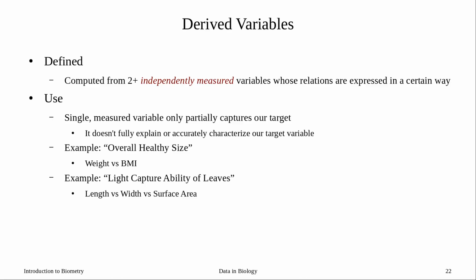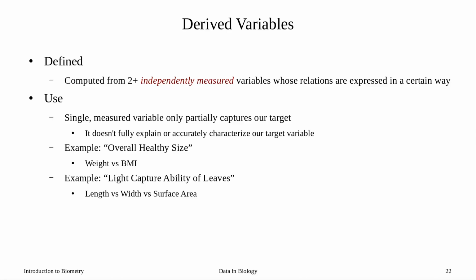Just because you weigh more doesn't mean you're unhealthy, especially if you're 6'5". So what people have done is come up with this index, the body mass index, to try to capture the overall healthy size. So they use both weight and height to calculate it. Now we can say, does BMI actually capture overall health? I'd argue no, not quite. But it's an index, and it definitely accounts for more variation, or it's a better descriptor of healthy size than